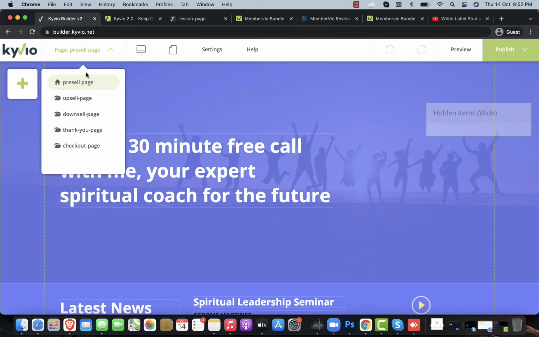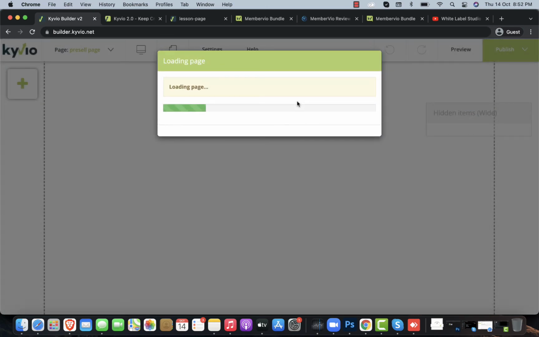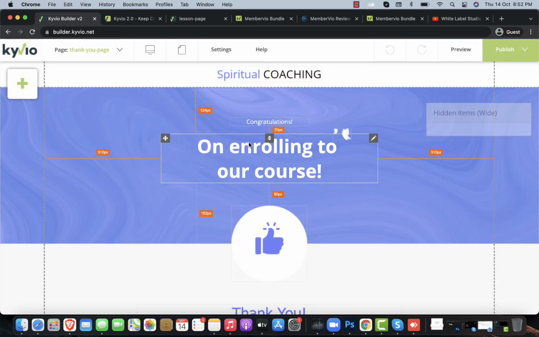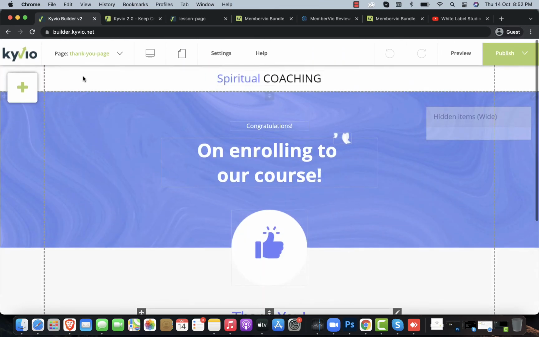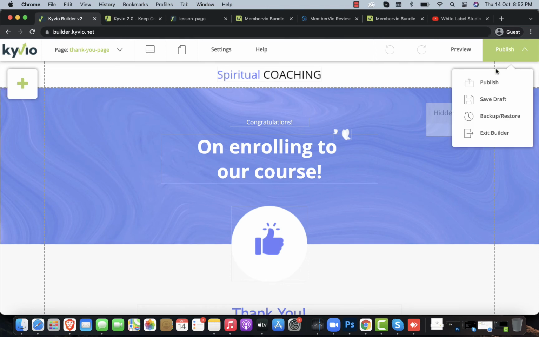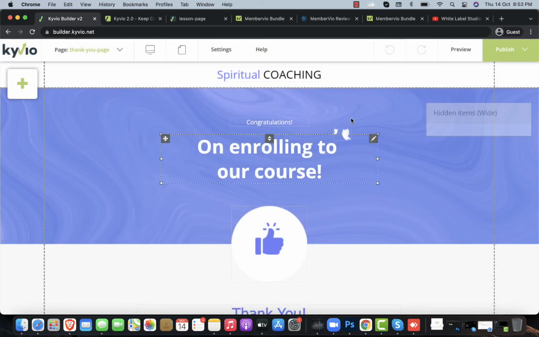And if you want to check other pages, if you want to change something on your thank you page, as you can see, they have a theme on every page, a bunch of color schemes and all these things. You can do whatever you want, and you just have to publish it. And you can go to preview. I'm just going to show you the preview of this particular funnel. Of course, I'm not editing right now because it will take time. You just know how to edit.